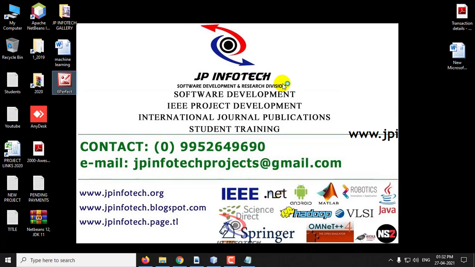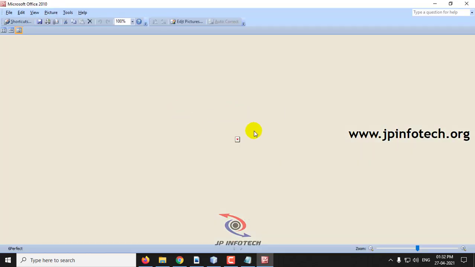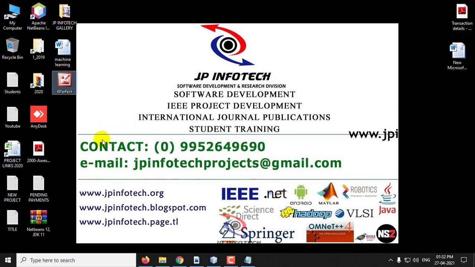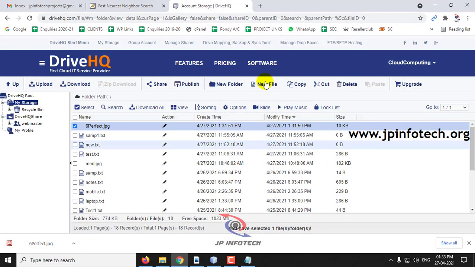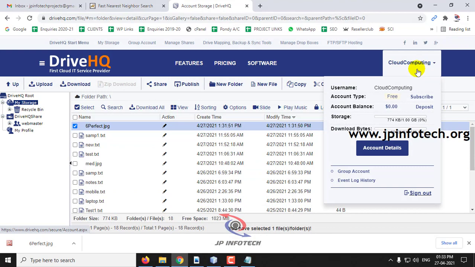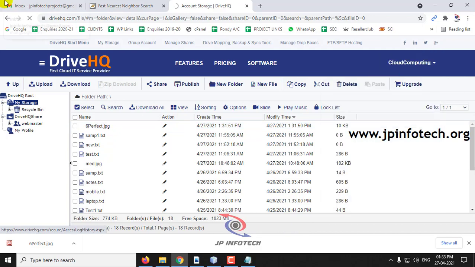Just open it. The user cannot see the file because it has been encrypted. The image will be in the cloud, but any unauthenticated user cannot download the file from the cloud service. So now it is made sure that in the cloud part, the image has been encrypted and stored.